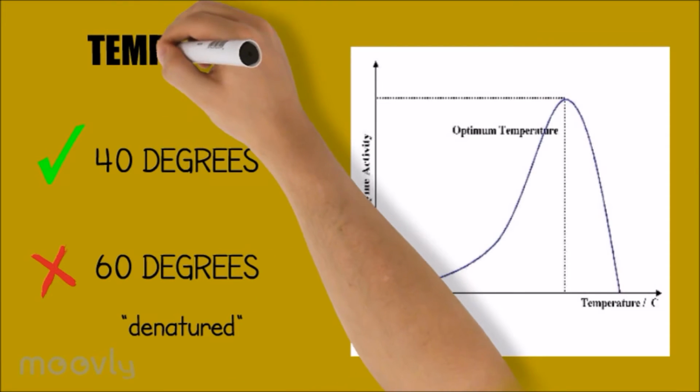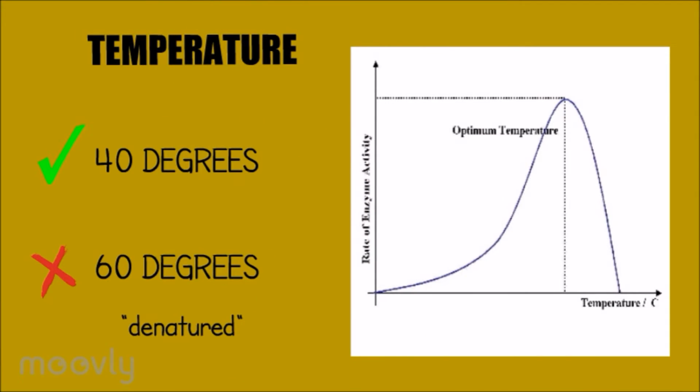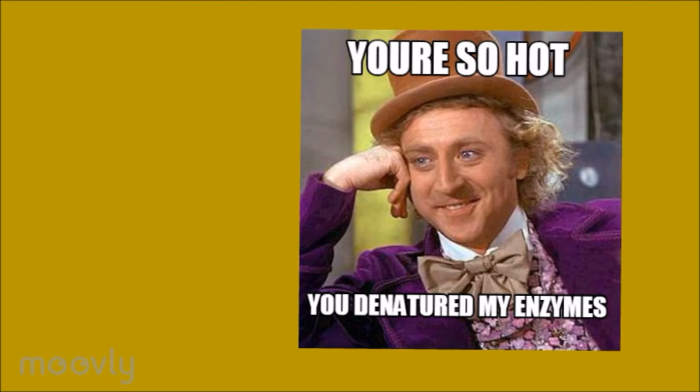For temperature, the temperature can affect the reaction rate. The higher the temperature, the faster the reaction will occur. However, at some point, the temperature will become so high that the enzyme will denature and stop working. For example, enzymes work faster as the temperature increases up to 40 degrees Celsius, but are eventually denatured at about 60 degrees Celsius. This is because the shape of the active site is lost.